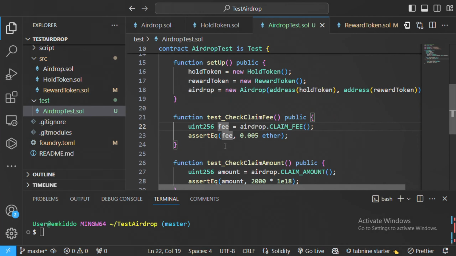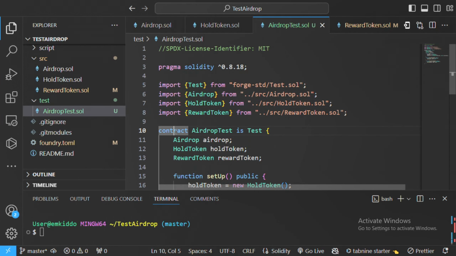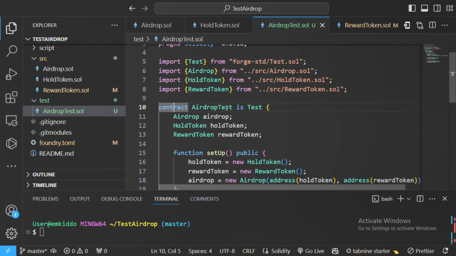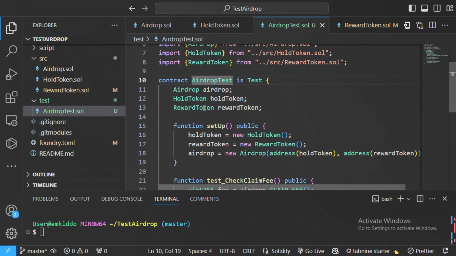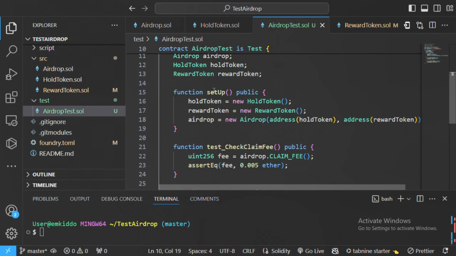So when we deploy this airdrop test contract, it is now deploying the whole token, the reward token, and the airdrop token. So in our next test, we are going to